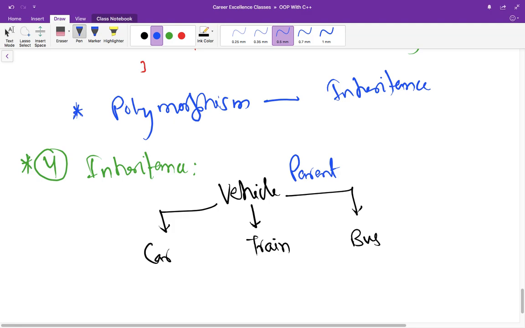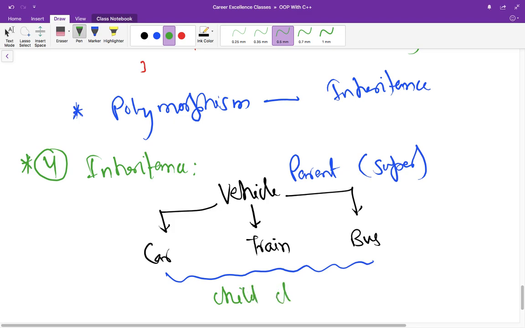In some languages this is called a superclass, and the classes at this level are called child classes, or in some languages these are called subclasses. Also you can say that the above classes are called base classes, and the classes which are derived from above are called derived classes, right?